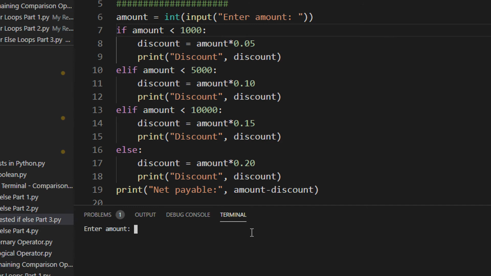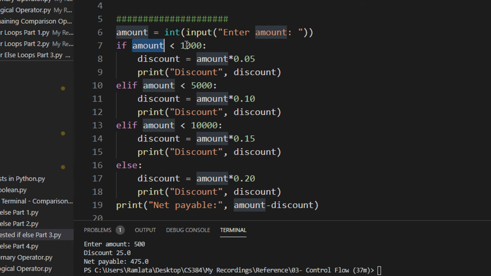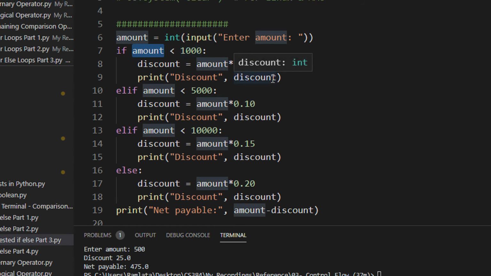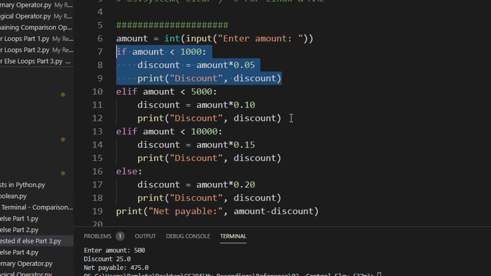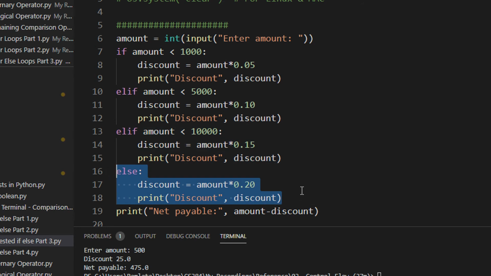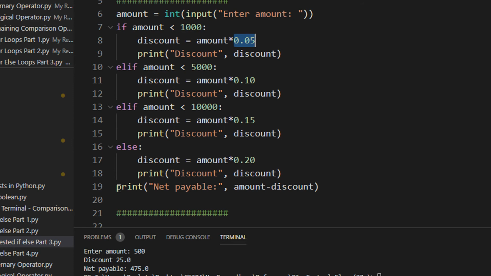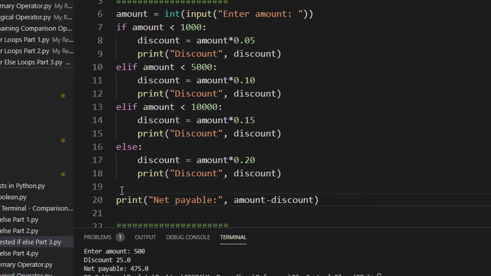Okay, enter amount, let's say I enter 500. So 500, what happens? 500 is less than this. See, the property of if, else if, else is out of this. Now we have four blocks: 1, 2, 3, and 4. Always only one of them will be executed. Even if you have 10,000 or 20,000 or 1 million blocks, only one will be executed, right? The moment it enters, so for example, 500 is less than 1000, I give a 5% discount and I immediately come to this particular print statement, which is outside the block.